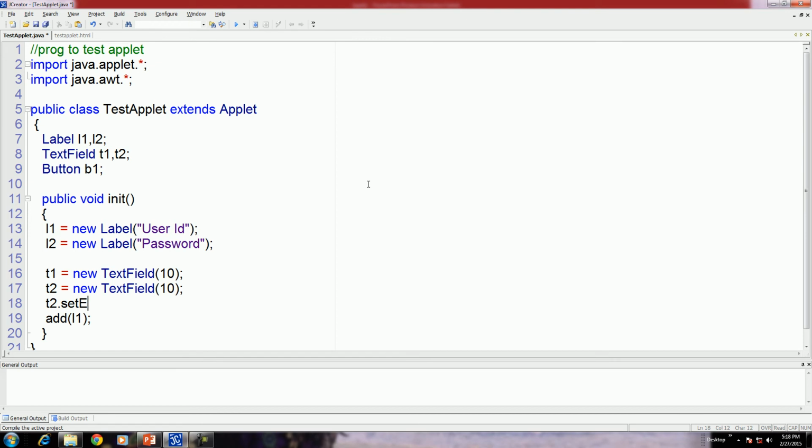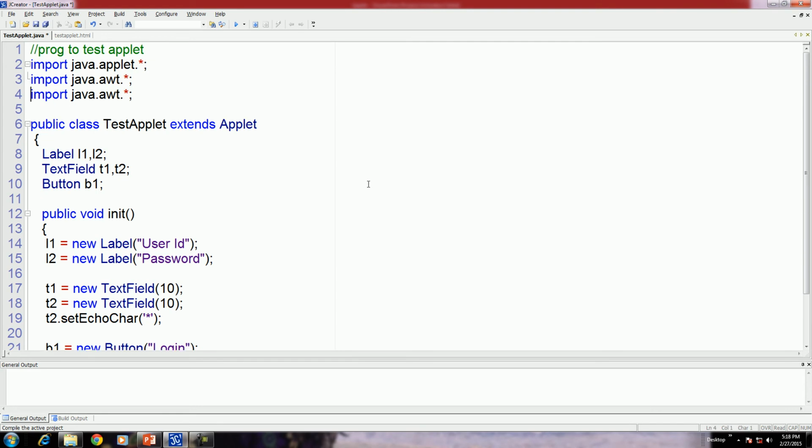Okay. Set echo char, and in brackets give a character. Suppose here we use a star. Okay, and then build a button. But for giving an event to this button, we have to import one more class, java.awt.event, right?